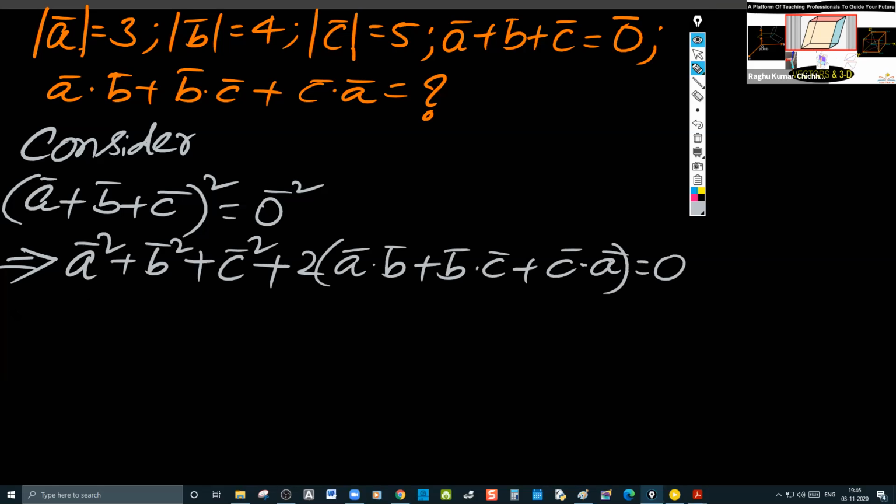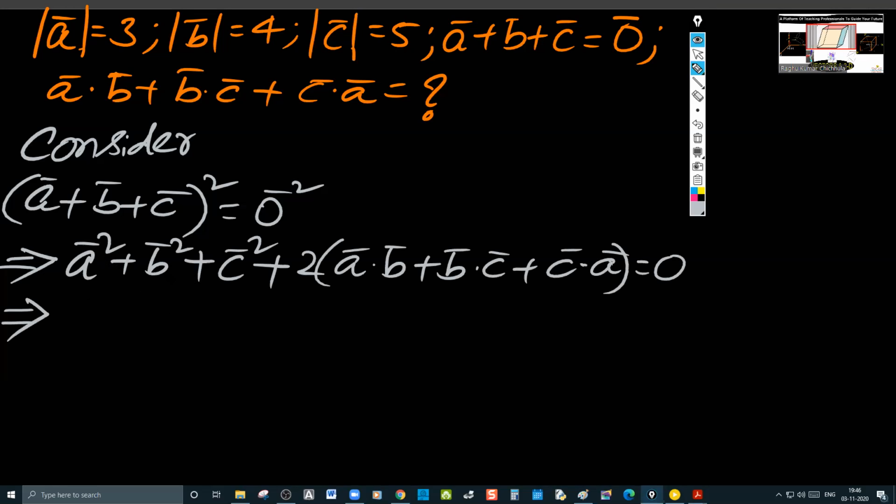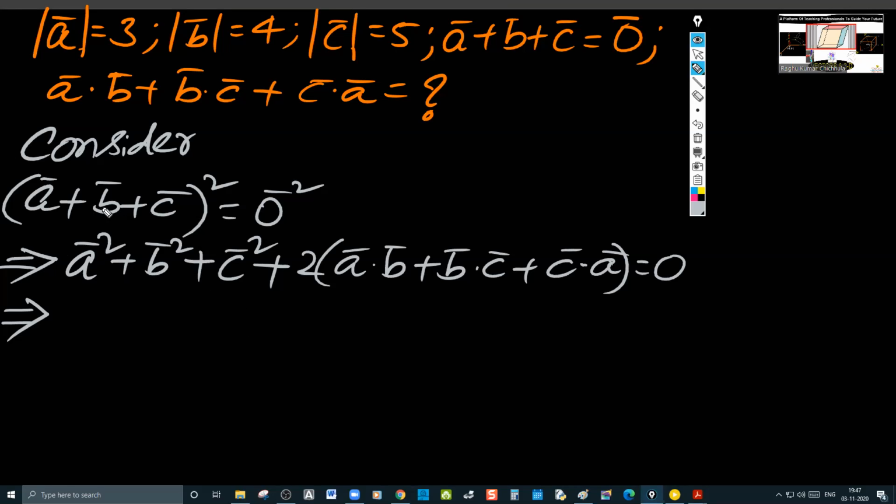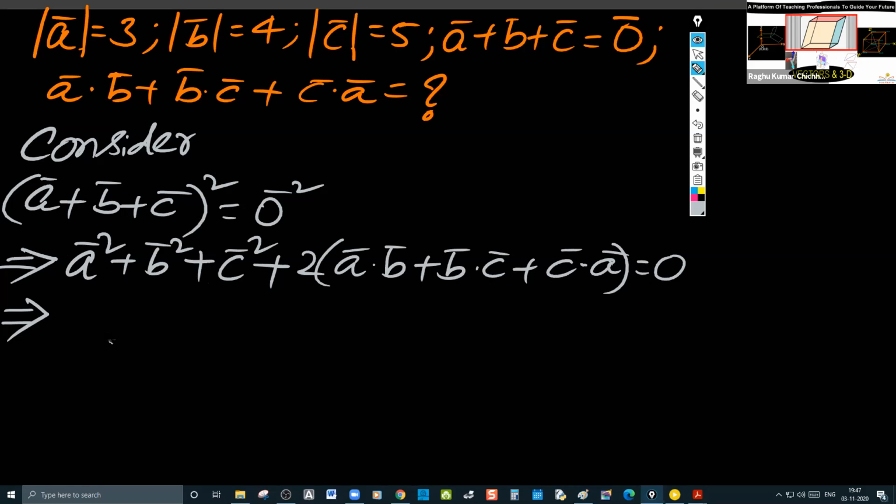Praneeth, Sir. are you also experiencing this lag? Yes, sir. Okay. Now, do you see the entire equation? Yes, sir, I do see. Kaushik, now A plus B plus C whole square formula I applied. A square plus B square plus C square plus 2AB plus 2BC plus 2C I applied. Now, do you tell me what is A bar square there? It's nothing but mod A bar square. So now there is no lag, sir. It's fine.